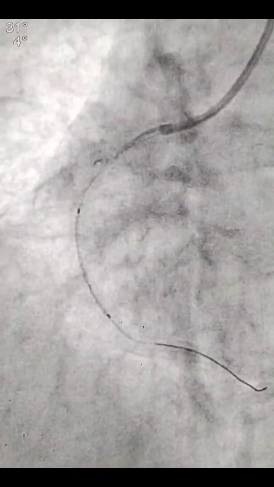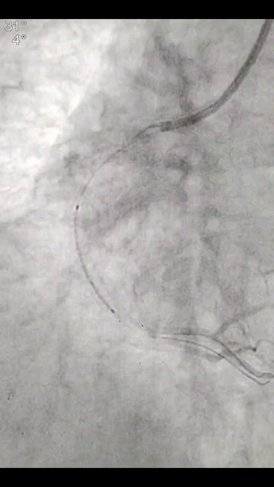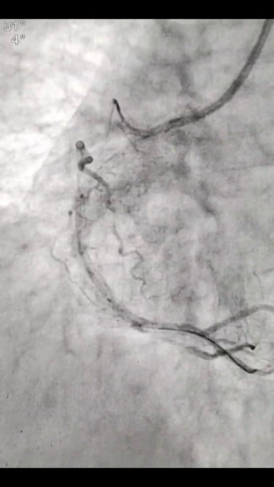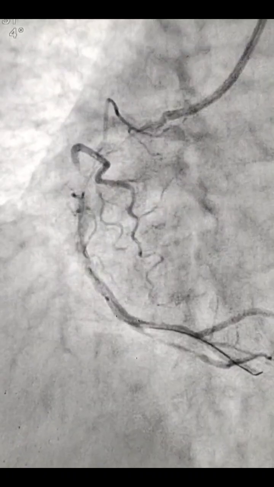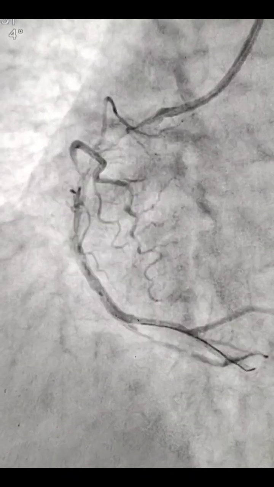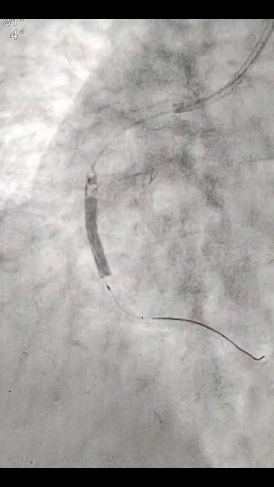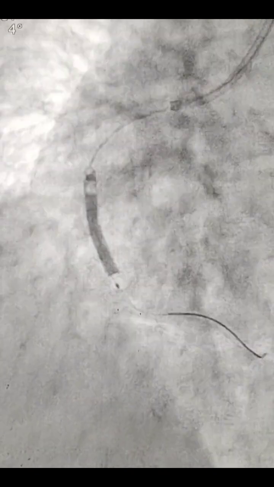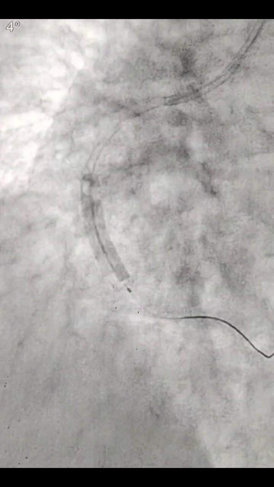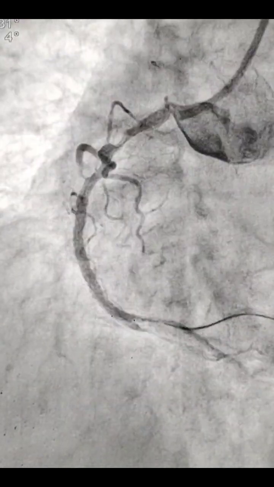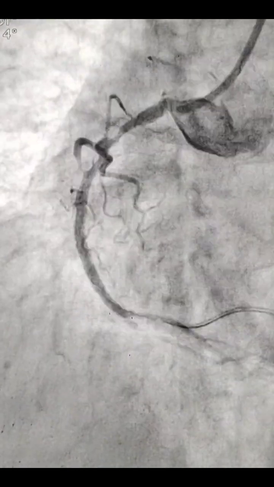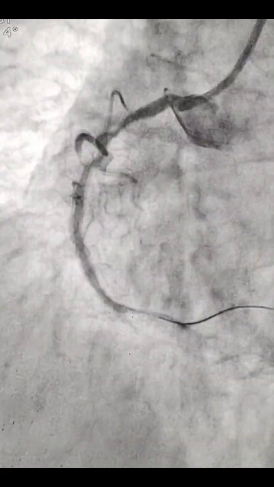Then we decided to put a stent in that portion where the plaque rupture was. The stent is 3 into 28. The stent was deployed at around 14 atmospheric pressure, RBP was 16. I was not happy with the stent inflation, so we did the NC balloon